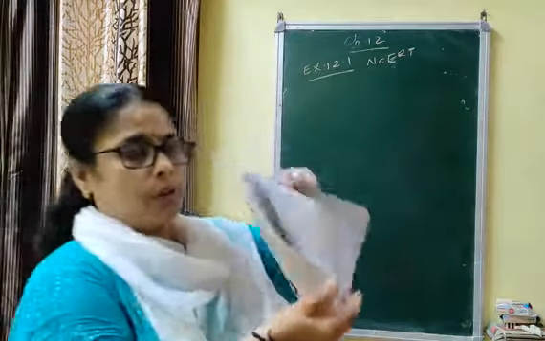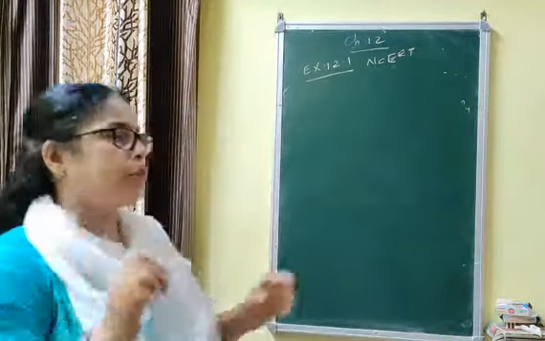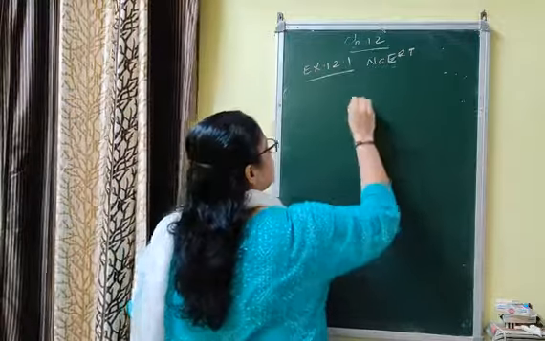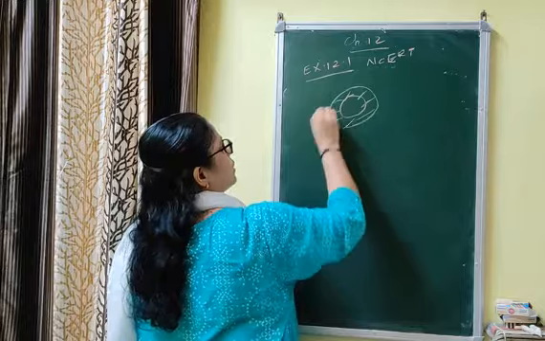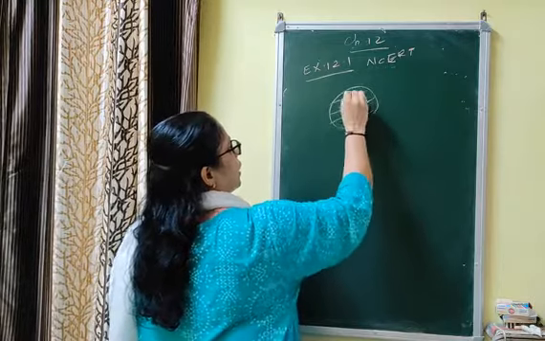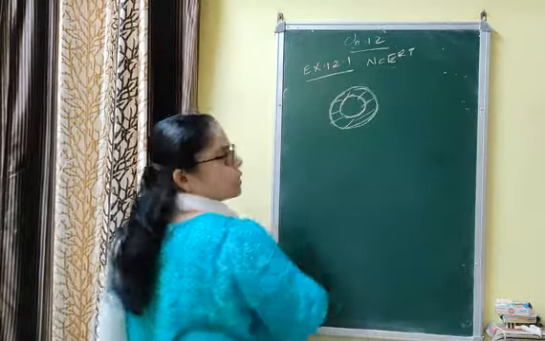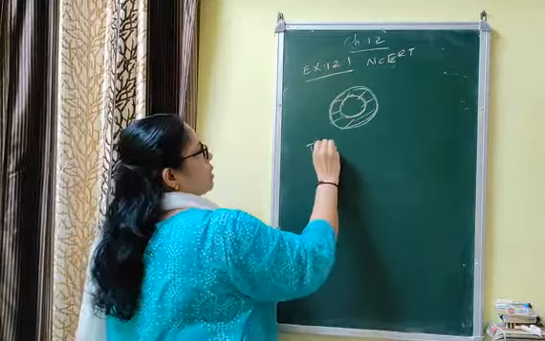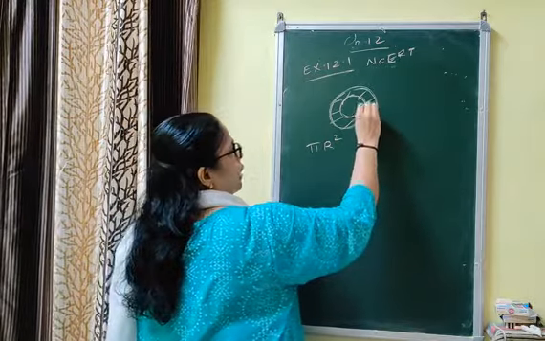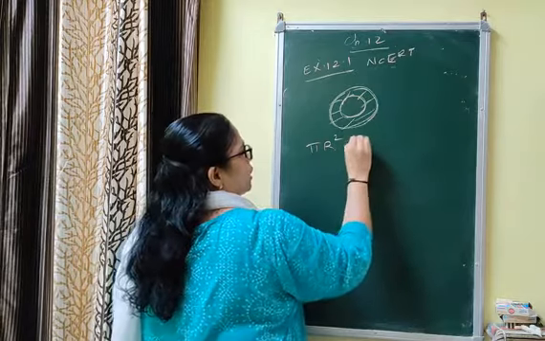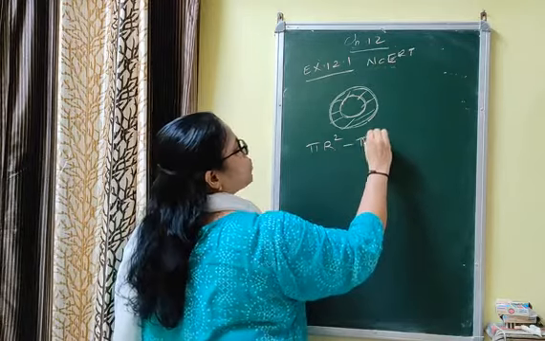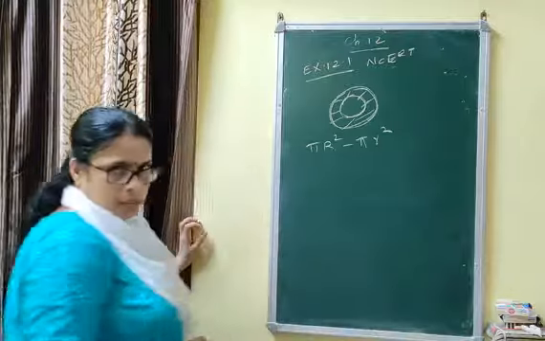And how we can find the area of the region between two circles, that I will say. Suppose that you are given like this. How we can find the area of this region? ये एरिया निकालने के लिए क्या करना पड़ेगा? बड़ा सर्कल में से छोटा सर्कल का एरिया माइनस करना. That is, if we take the radius of the bigger circle as R, radius of the smaller circle as r, then area of region can be found out using the formula pi R square minus pi r square.